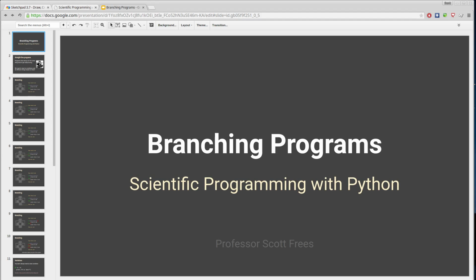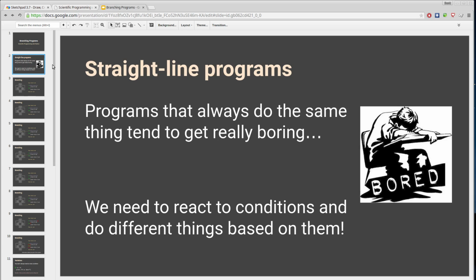Right, so in this module, we're going to be talking about a really important part of programming and our first step along the way of being able to write some very interesting programs, and it's branching. So you might have started to get the idea already that a straight line program, a program that does the same exact thing every single time you run it. Maybe it asks for some input from the user, so the output or the printout might be a little bit different. But basically, a program that does the same sequence of steps each time is pretty boring and actually can't